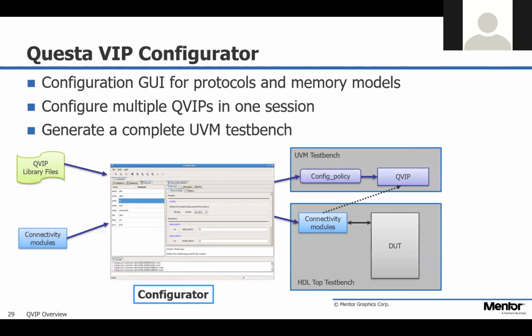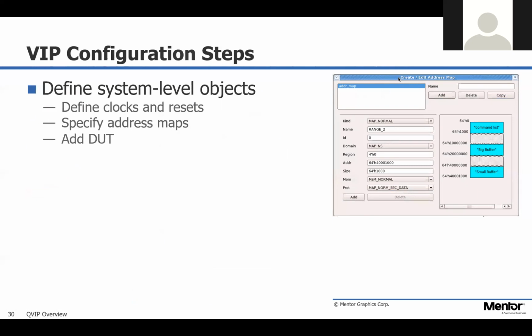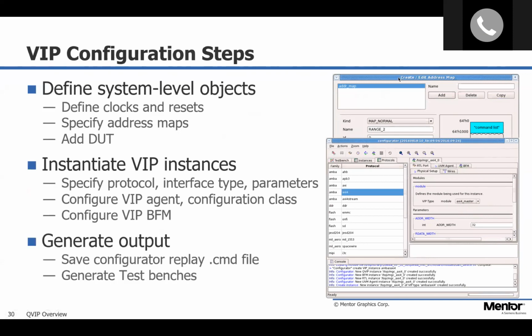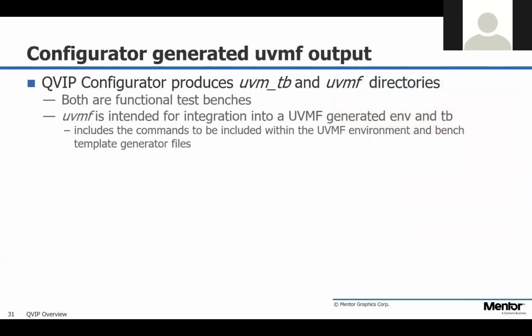You hit the configurator, and that generates that test for you. You can put in things like the address map right here. As I said, you can say, is this an AXI 1, 2, 3, 4? Is this a master? Is this a slave? You put in all that configuration, and then you generate your UVMF, or you generate your